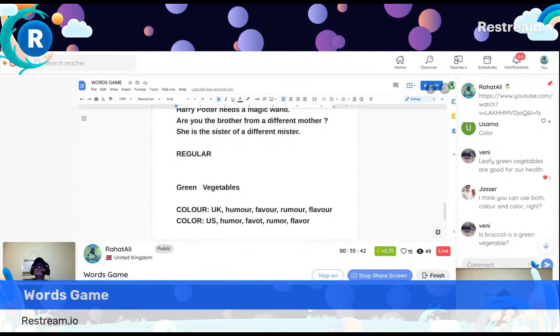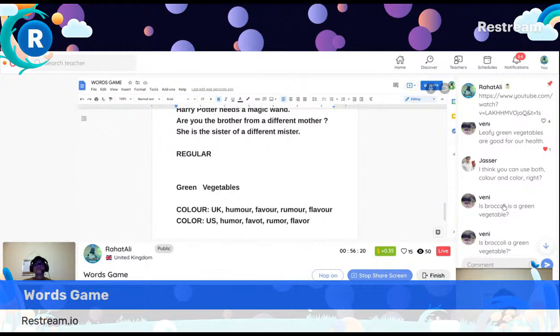Jasser, you can use both, but you are not allowed to mix both types of spellings in one writing. If you are sitting for an exam, academic exam, either primary, secondary, or undergraduate, graduate, postgraduate research paper, IELTS exam, TOEFL exam, or any other academic exams, you are advised not to mix these two different kinds of spellings in one writing. Either you follow the American spelling techniques or the British spelling techniques. Both are correct. There is no problem, but it is for your better markings. If you would like to get good marks, just follow one type of spelling. Do not mix it up.